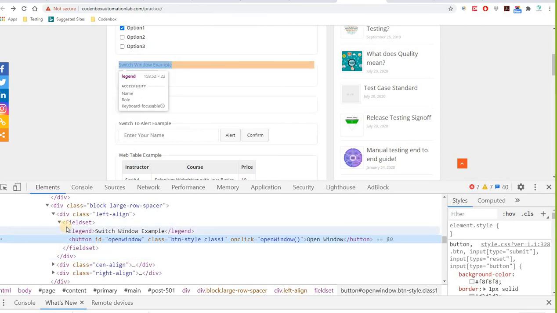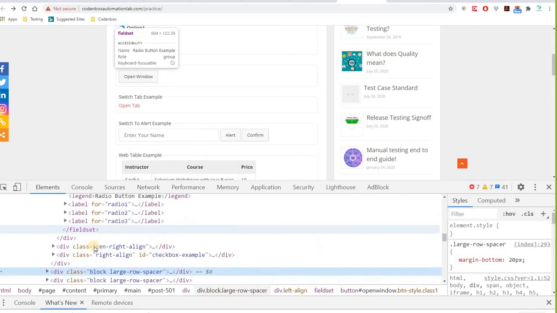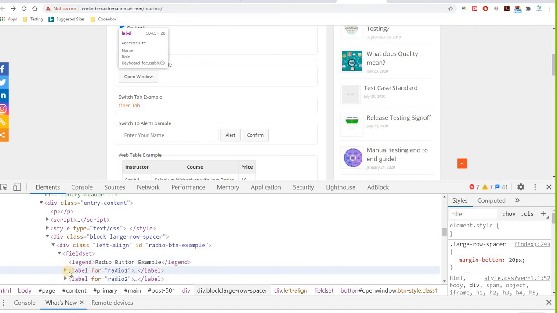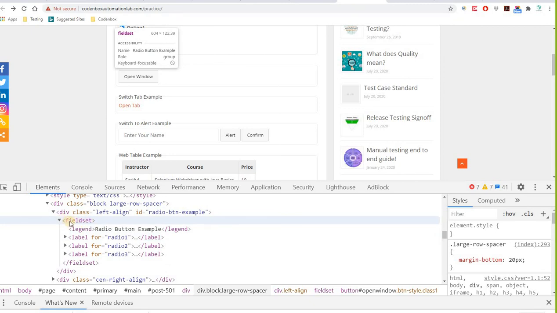If you see the arrows, some of the arrows point down and some point to the right. A right arrow means this is the child of the element above it. For example, here, field set is shown with an arrow pointing down, and under this arrow, if you see more brackets toward the right, those are the children of this field set